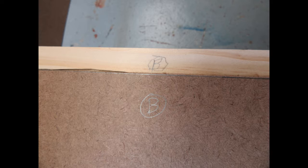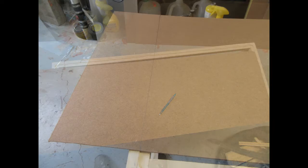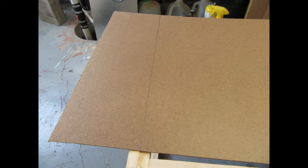The panel is marked to match the frame marking. This prevents mixing up the panels and makes sure that I don't lose track of their orientation relative to the frame. I pull the panel back from the long edge and mark where the short edge of the inlay, on the left in this photo, crosses the panel. I push the panel ahead and mark the other crossing of the left inlay edge and draw a line between